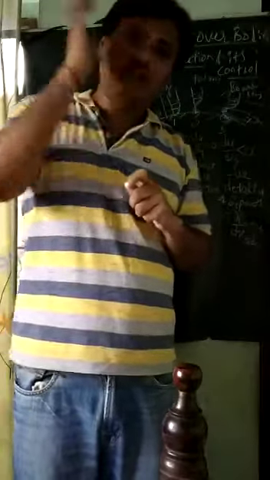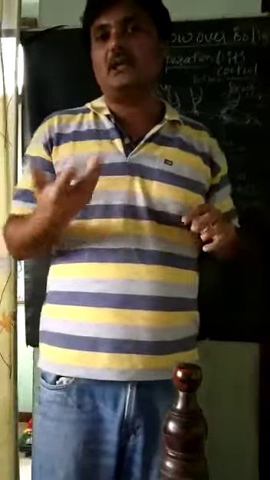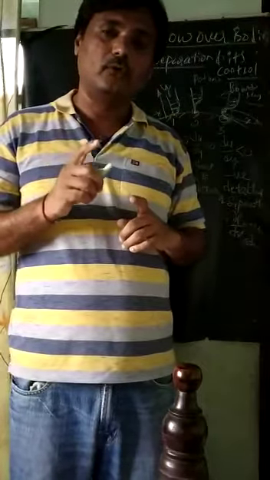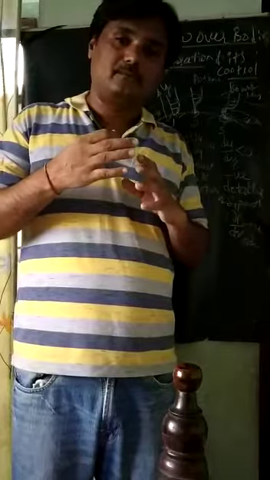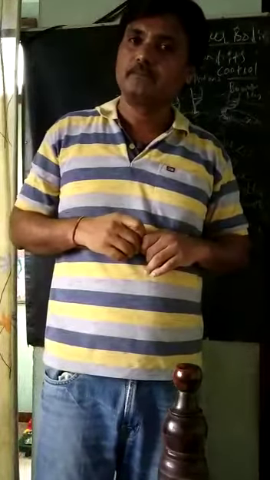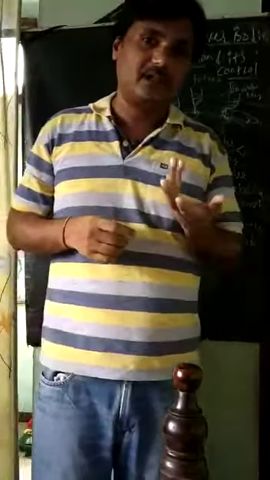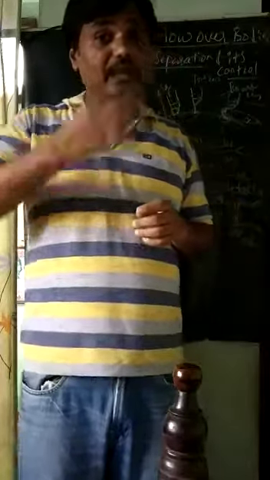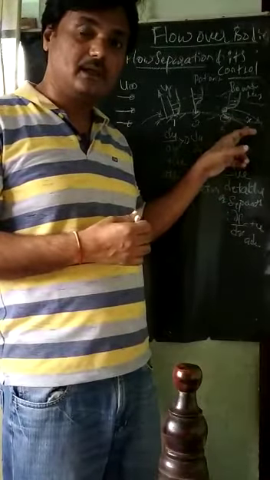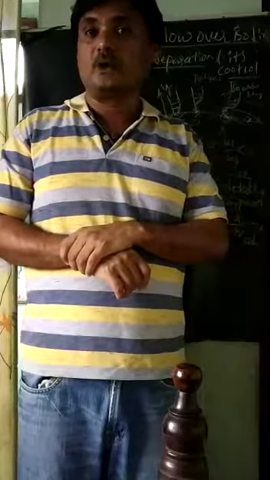If the flow separates very early, instead of separating here, then we cannot transfer the momentum or energy. So as much as possible, the flow has to be attached to the surface of the body. Anyhow, it detaches at a certain point. Can we delay that detaching point? Instead of here, we can delay it to here. Is it possible to delay that separation point or not?